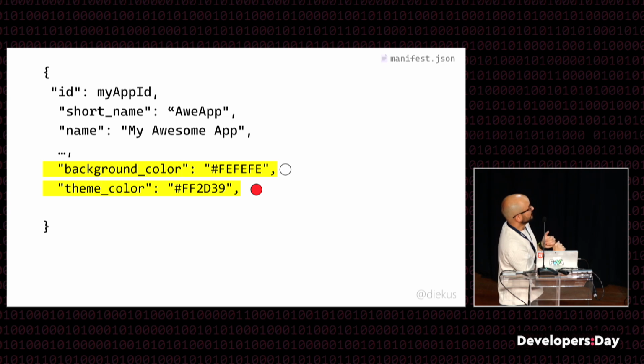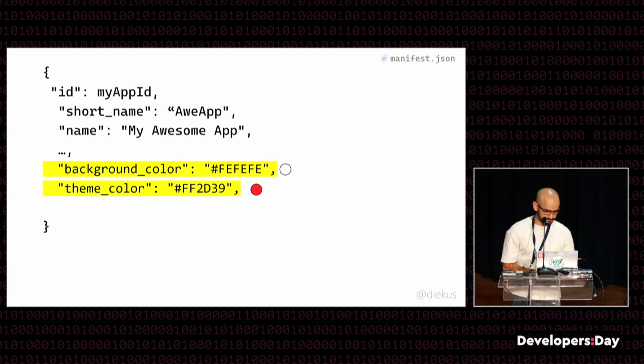So we have background color and a theme color. You can see the colors there. I guess the important one here would be theme color. Again, depending on the user agent. User agent is just how we generally call the browser. Let's think about the user agent as the browser. So depending on the browser, for example, Vivaldi